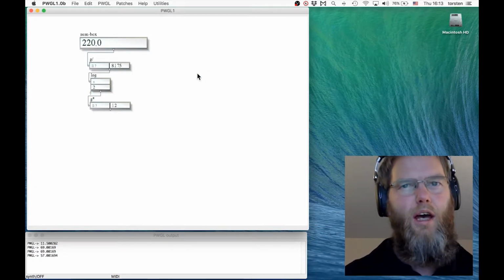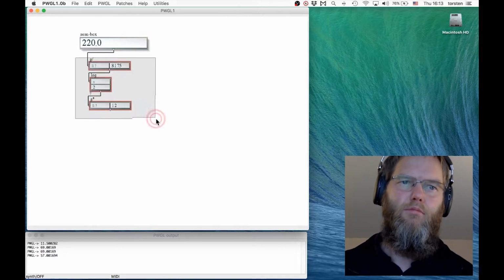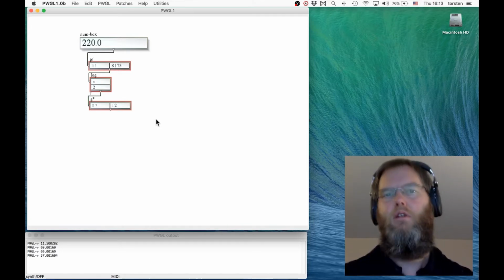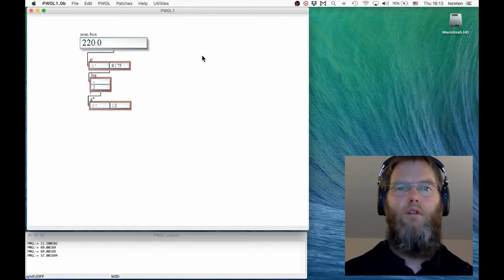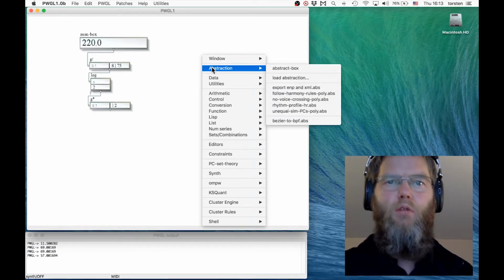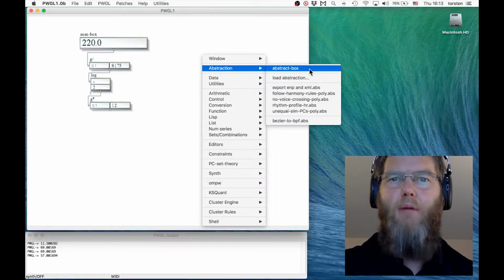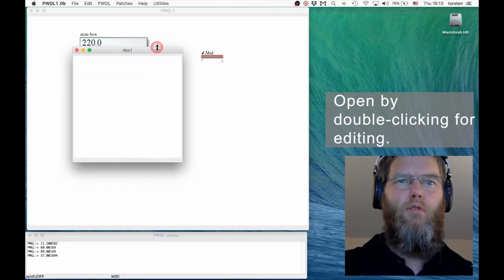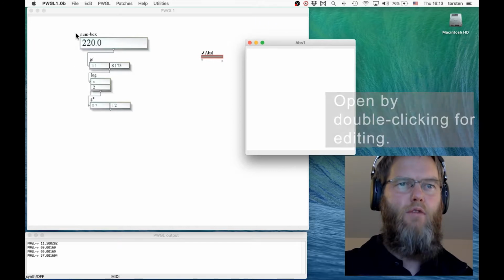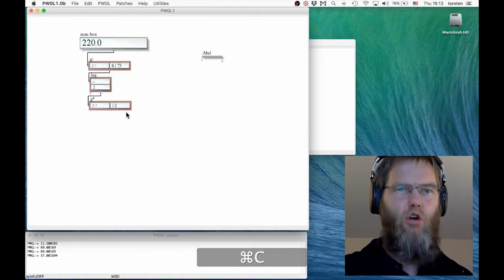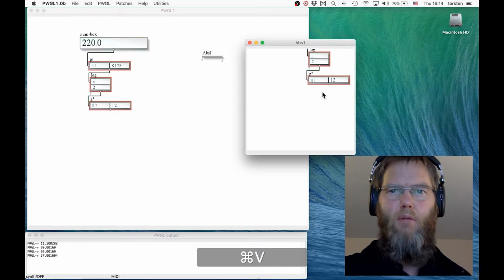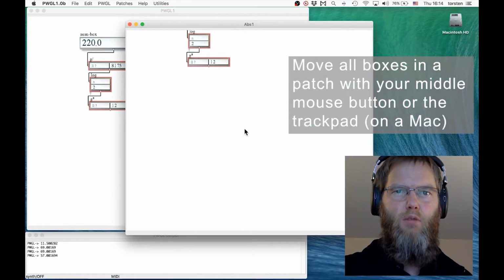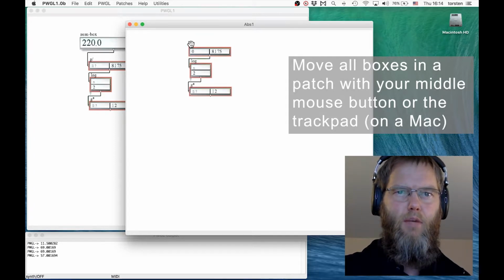So now we have a patch that we want to turn into some subpatch, into some abstraction. How do we do that? PWGL, under the main menu, there is a box, abstract box. I create that, I open the box, and I put everything I wanted to take from my original patch in there. I just copy and paste. Now it may appear somewhere in the box where you don't want to have that, and so sometimes you may need to make the whole box a bit bigger,